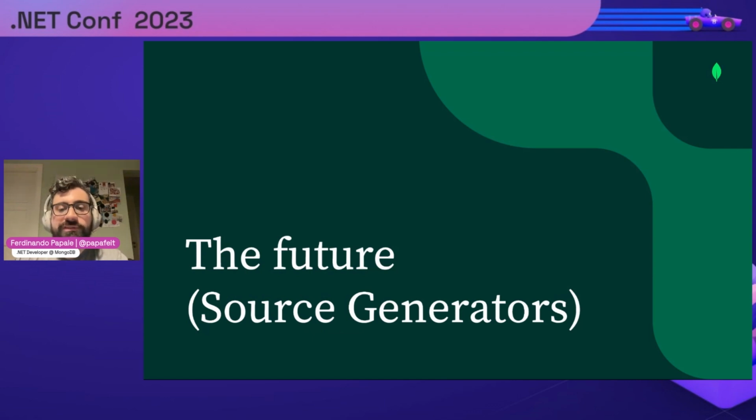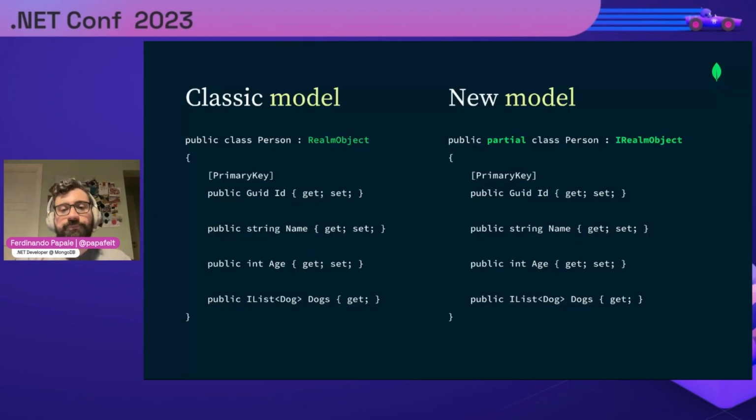And so we also had to slightly modify the model definition. On the left, you have, let's say, the classic model, the one with weaving, with your class, with the properties, and then derived from the base class Realm object. With the new approach, with the source generator, instead, the property definition is the same. What changes is that the class needs to be defined as partial, and then instead of using a base class, we are using an interface called IRealmObject. The main idea here is that the source generator finds all these classes that are implementing this interface,